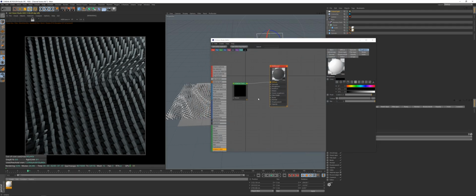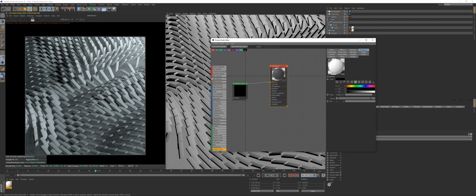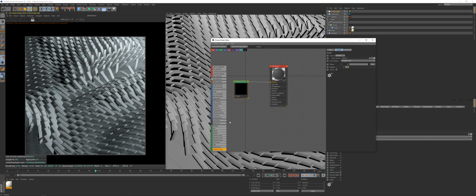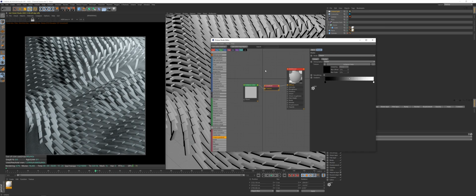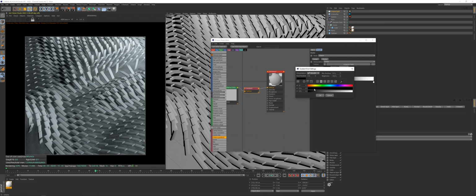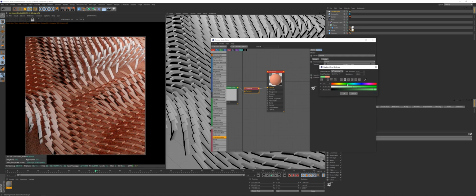Now, let's say you want to get some really fancy colors going through this. What we're going to do is grab an Octane gradient, and now we can start shoving what colors we want through this gradient. So I'll have it on black, have it maybe go to a coral color, and then a turquoise color,